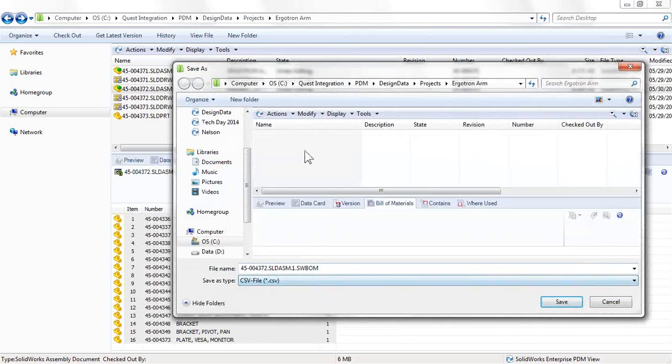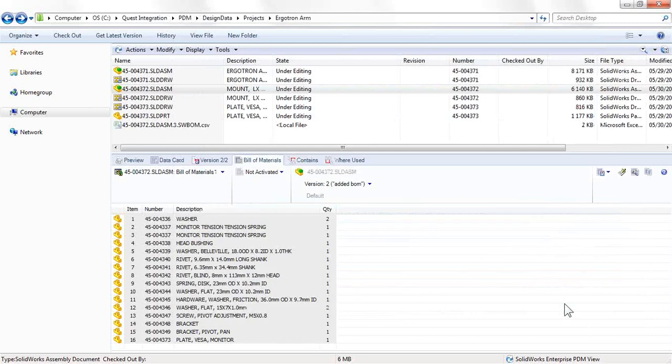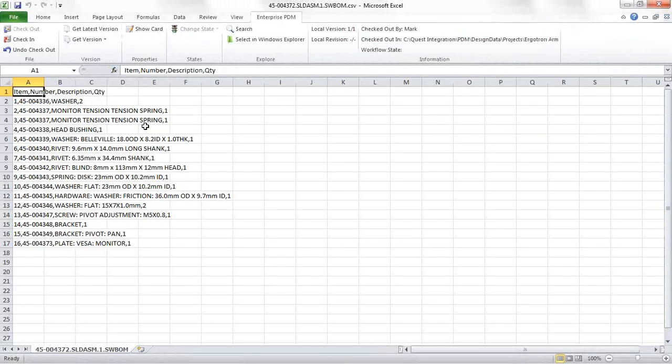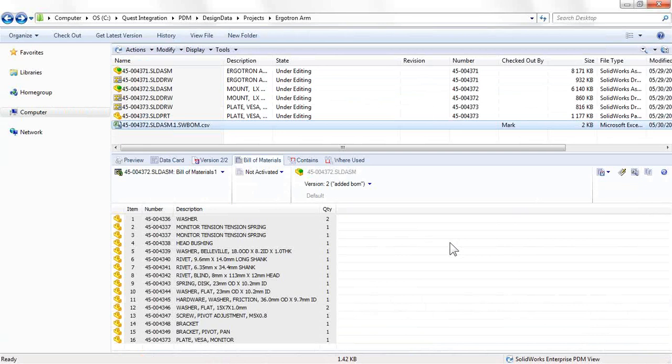In this case, we'll do it from Enterprise PDM. Create that CSV file, but what are we going to expect? We're going to expect that the values here are all separated by commas. And sure enough, let's take a look at it in Excel. It is. So when we open it in Excel, we see commas. The columns are not maintained. So we could use Excel to manage and transform this information, of course, or input data from a CSV file,